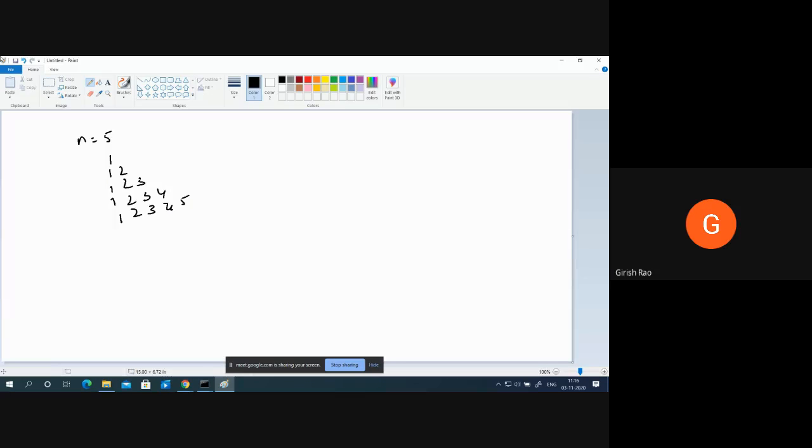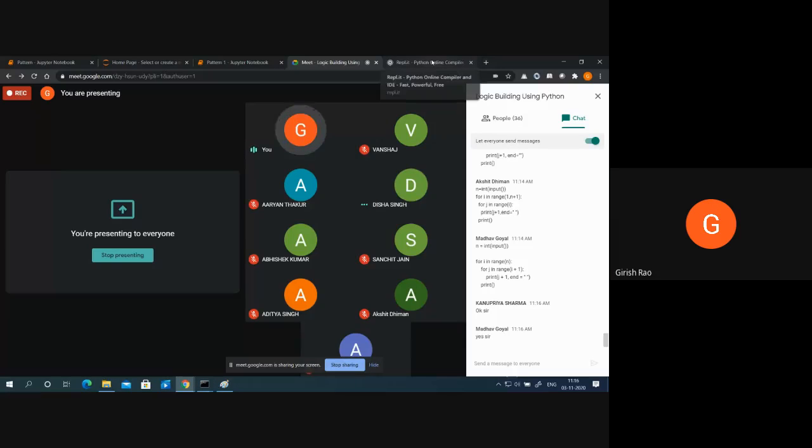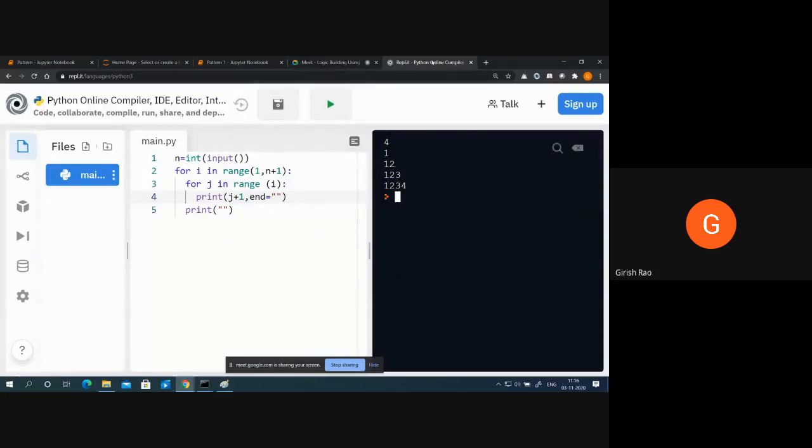Sir, please tell me why we are taking j plus 1. Print j plus 1, then end with double quotes. Why? You're talking about the REPL code? No, sir. I'm talking about why we are writing this particular code which is seen on the screen. Code number 4, which is right now on the screen. Yes, sir. Okay. So what he did was something like this. j starts with 0, right? You all agree? Yes, sir. Because here in the range, he has taken i.